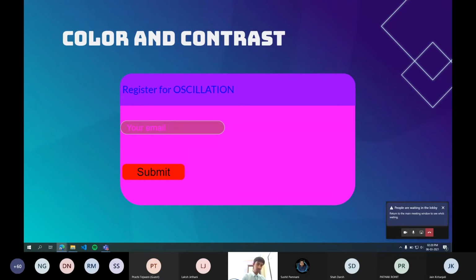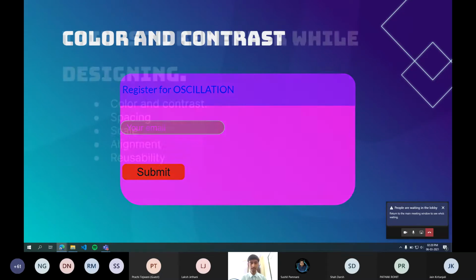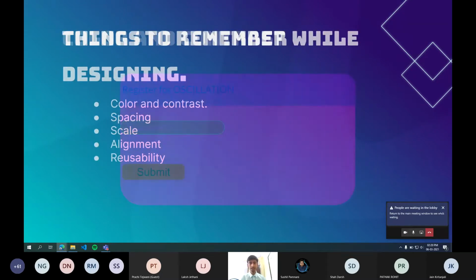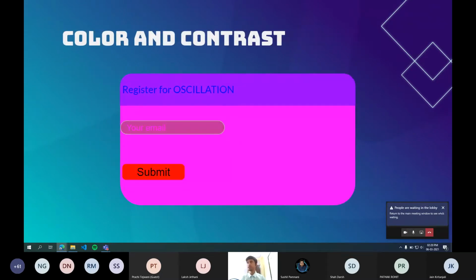Regarding this form, let us talk about the first point, color and contrast. First of all, color, most of you know what it is, right? But contrast is the difference in the light of the color of the font which is on the foreground with respect to its background.